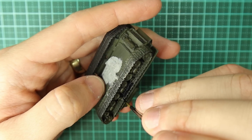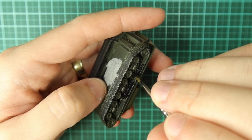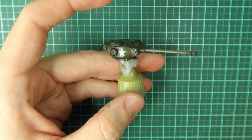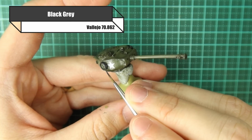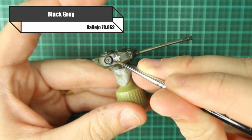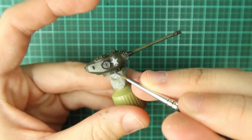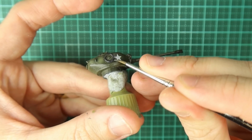Black is a very good color to use for tracks in my opinion, if it's dry brushed correctly, which is what I'm going to show you in a little while. Now for the road wheels, I'm going to be painting them in black grey. However, with this specific model, I know I'm going to be weathering it quite dirtily. I'm going to be putting in a lot of pigments, etc. So I've decided that I'm not going to be painting the road wheels other than the one that's on the